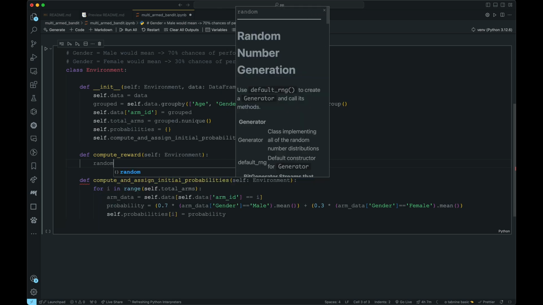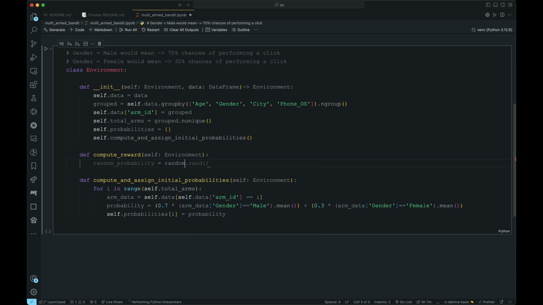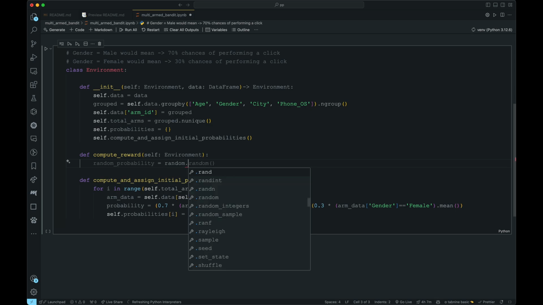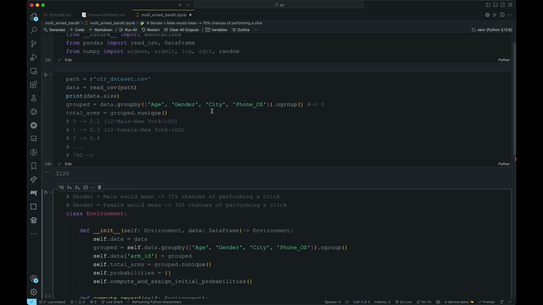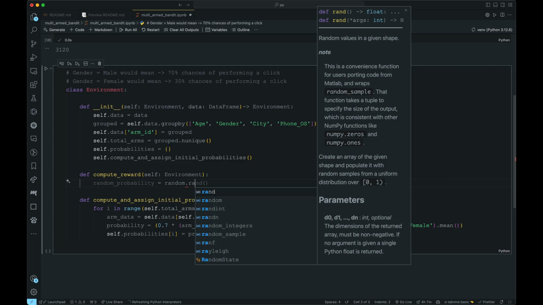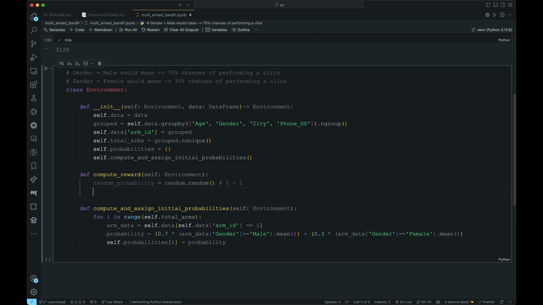So random probability equal to random dot, I think we'll have to do random dot random. Yeah, so this will give me a random number between 0 and 1. And now if our current probability is greater than this random probability, then we will assume that it's a positive reward. Okay, so return 1 if